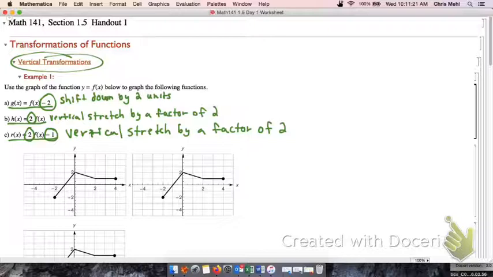In part B, h of x was obtained by multiplying all the function values of f by 2. That's a vertical stretch away from the x-axis by a factor of 2. And then in part C, r of x was defined by first multiplying all the outputs of f by 2, right here, and then subtracting 1 from those values. So we always do stretching or compressing before we do any shifting. So for part C, that was taking the graph of f, doing a vertical stretch by a factor of 2,